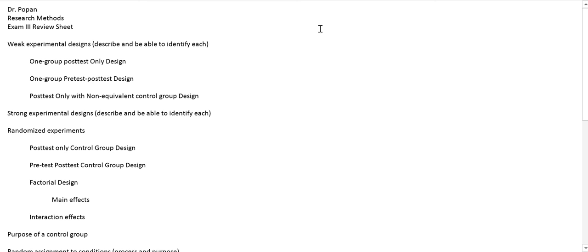So I differentiated types of designs by calling some of them weak and some of them strong experimental designs. Basically, the strength of an experimental design has to do with how well it rules out confounds or rival hypotheses, or in other words, alternative explanations. Another way to put that is it has strong internal validity. So internal validity is the confidence with which we can rule out alternative explanations for any findings that we have